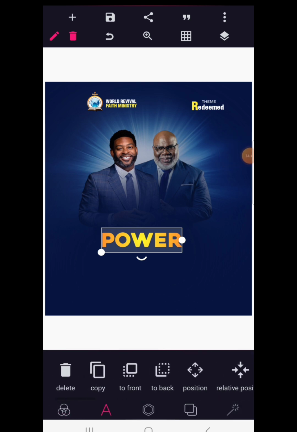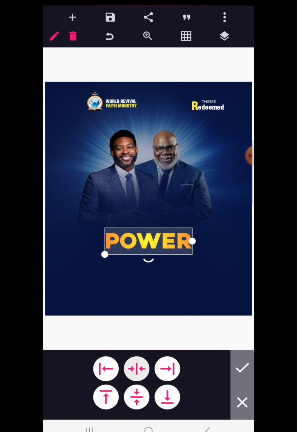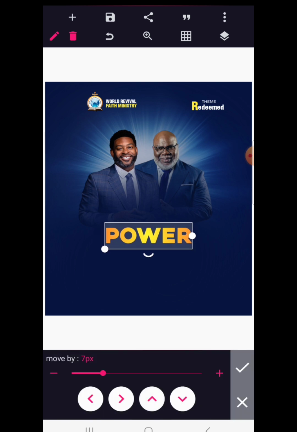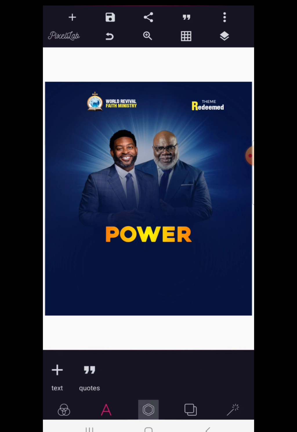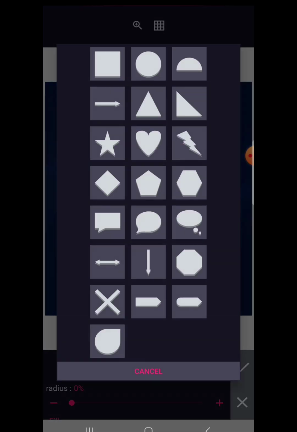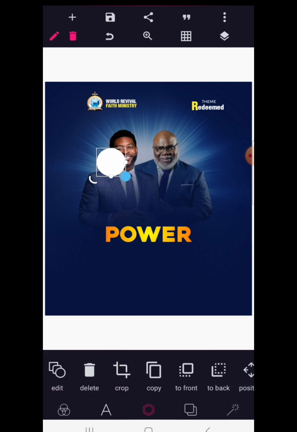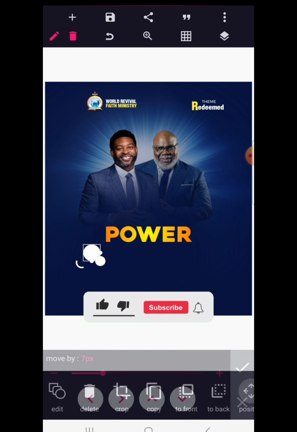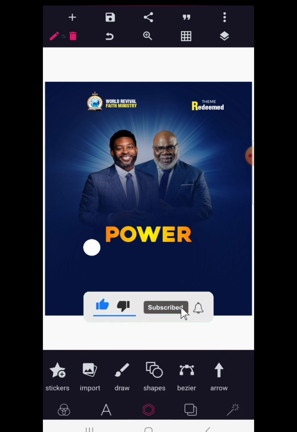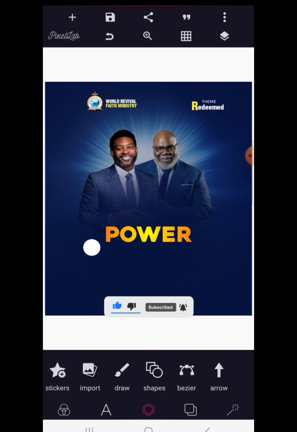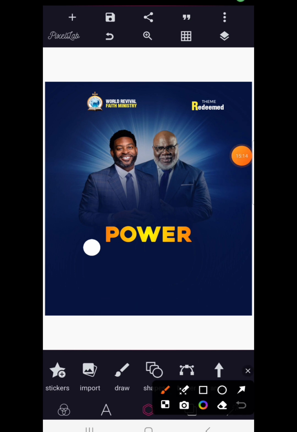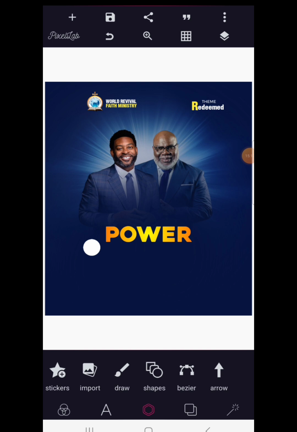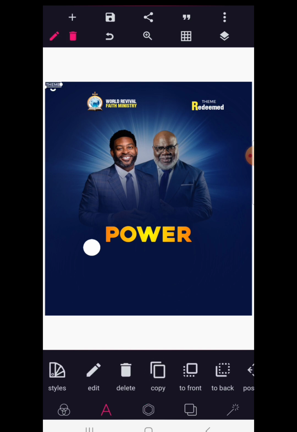Now that we have power, we want to shift this up. So we have power, and then we're going to go to shape, look at how we're going to bring in the next write-up. So we're going to go to our shape and reduce this in size. Then we have this, and then quickly, we're going to copy this same text, since we want to maintain the same font here, the Roxford Sans Light. Let's edit this into off. Okay, so off,